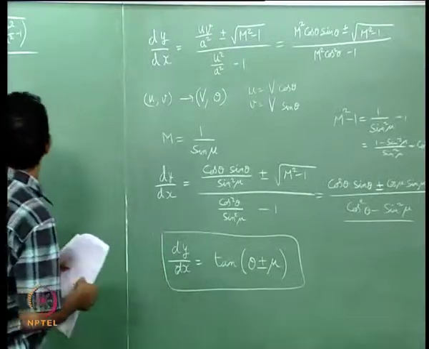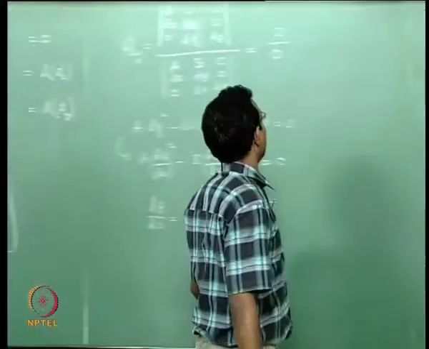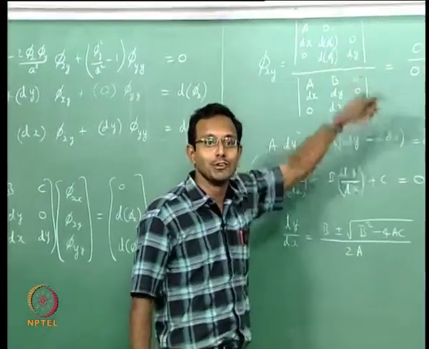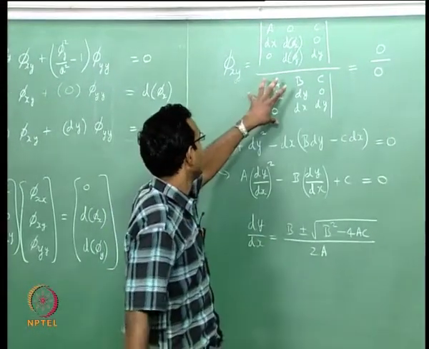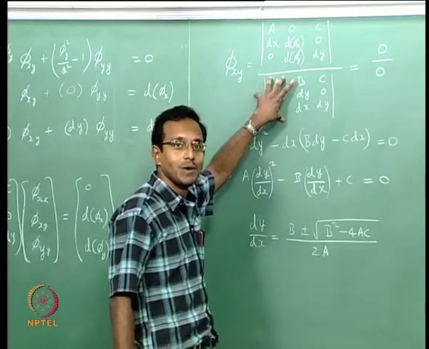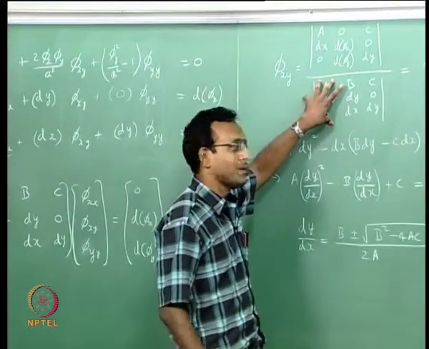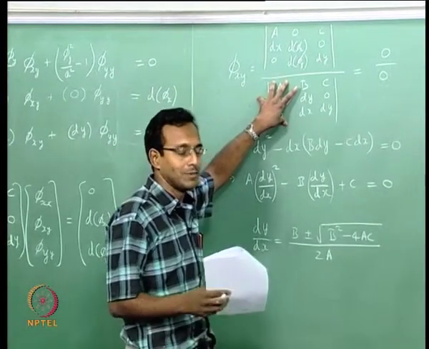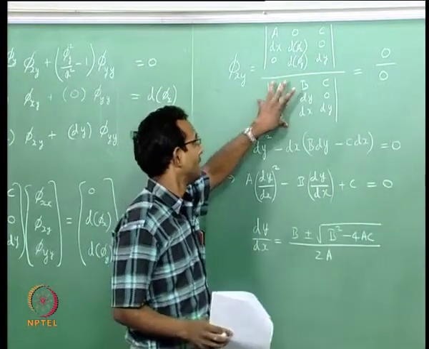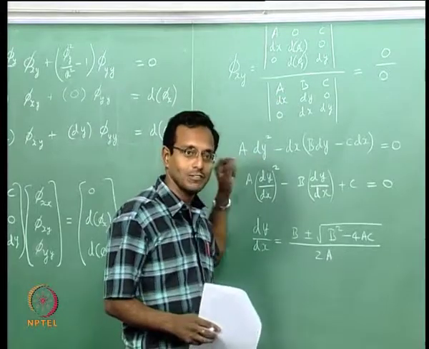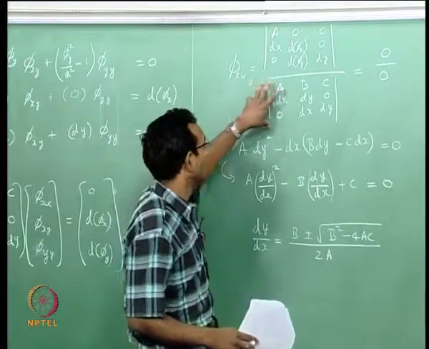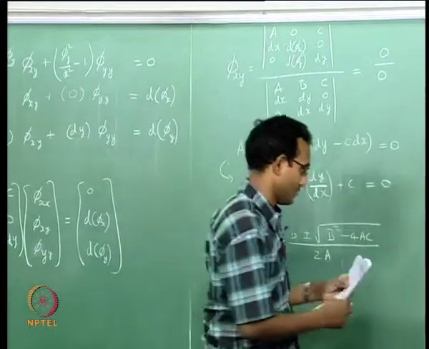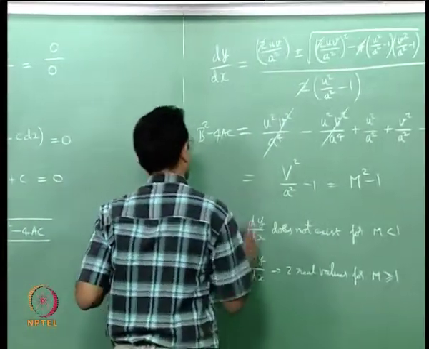We go back to our determinant, we still have to look at the other part. The numerator should be 0 now. We are done. If I give the relation between dy and dx to be that particular dy by dx equal to tan of theta plus mu and theta minus mu, then I will get two different directions along which my denominator is 0. Now I have to make the numerator 0. We look at that